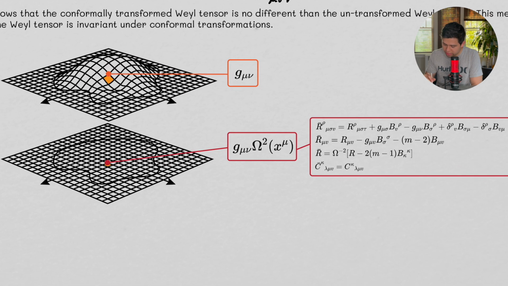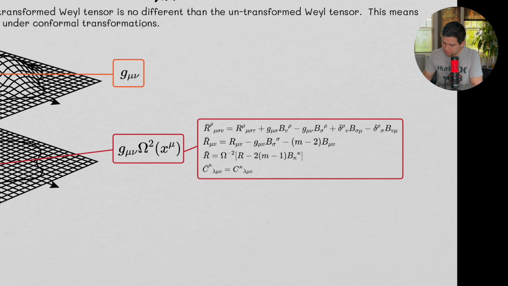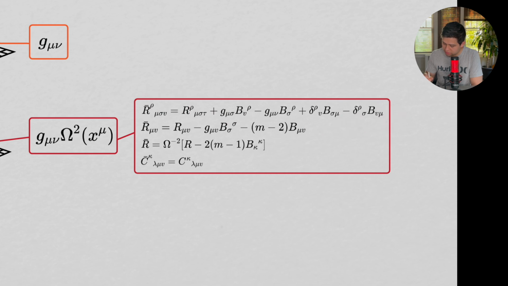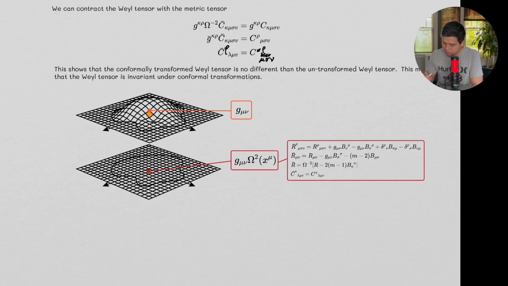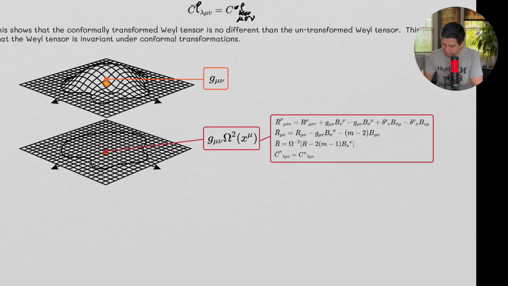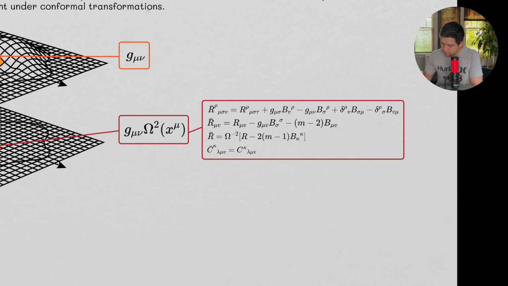And the metric here at some point is going to be transformed. This is a conformal transformation in this way. And what we found is that all of these are the equations that tell us what happens to the Riemann, the Ricci, and the Ricci scalar during this conformal transformation. Okay? So what happens to the metric is this. What happens to these guys as a consequence of this is all of this. Okay? But then we have this interesting object called the Weyl tensor that actually doesn't change at all during this